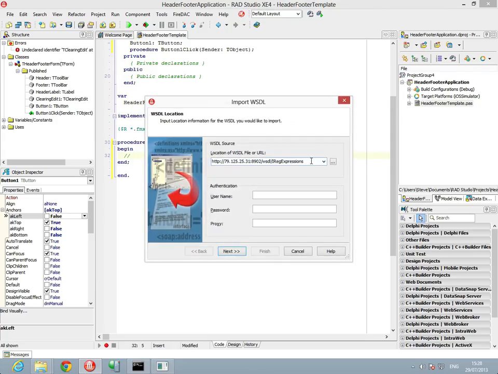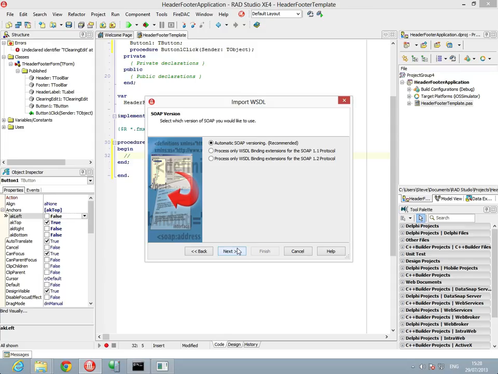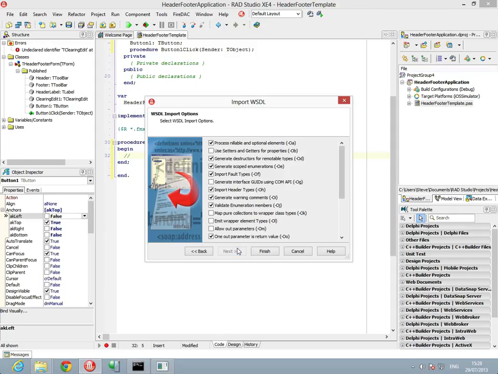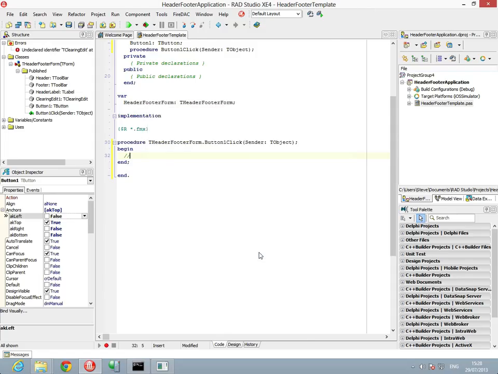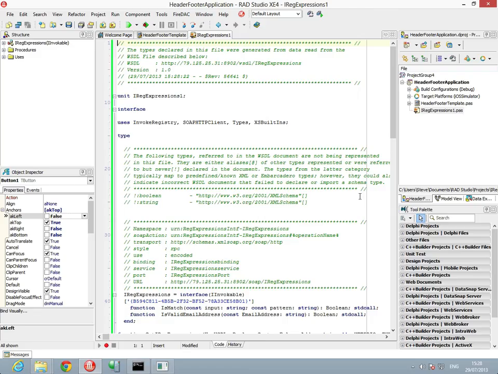If you paste in your WSDL document link into the location of WSDL file or URL, choose Next, Next, and Finish. You should now have within your project ireg expressions 1. So if you just copy the unit name